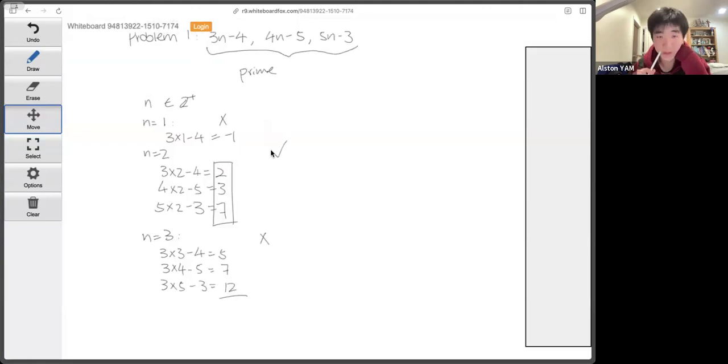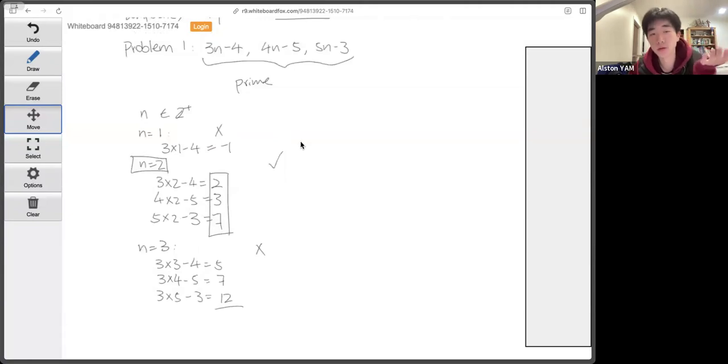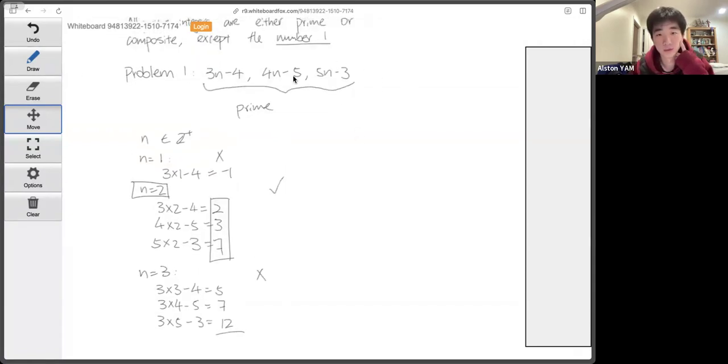Okay. Then let's have a look at proving why n equals 2 is our only solution. How might we go about doing this? I think the first thing I will notice is this number right over here, so I'll write it in blue, this number 5n minus 3. We see that we have an odd number. We have a 5 times n, and we are also taking away an odd number, which is quite interesting